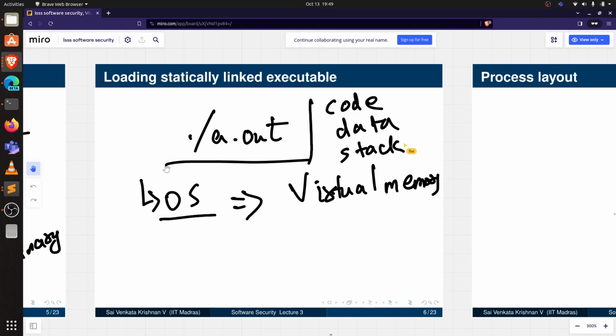All these sections will be mapped to your virtual memory. It will start a process